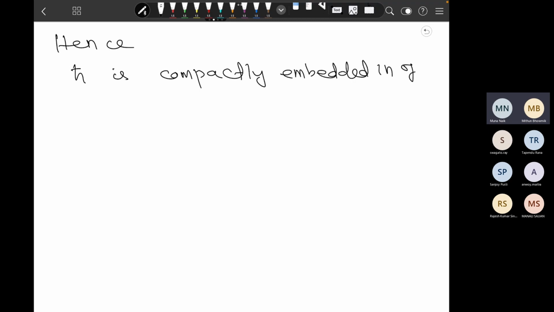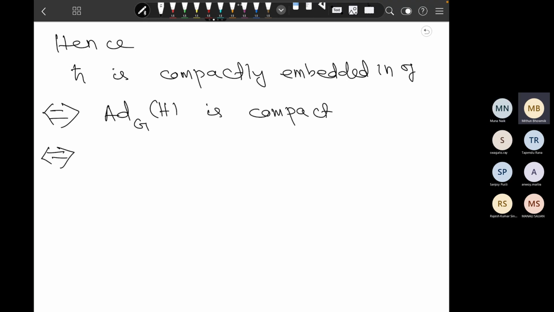In G, if and only if this RG H is compact, if and only if RGH is isomorphic to H mod ZG intersection H is compact. Okay, this is the thing. Now, if